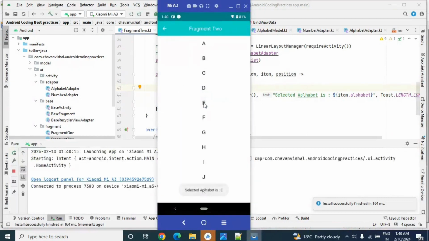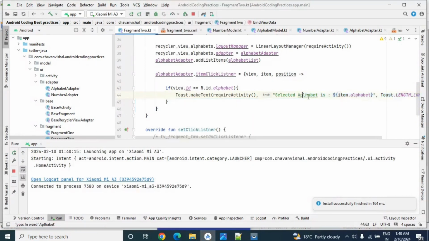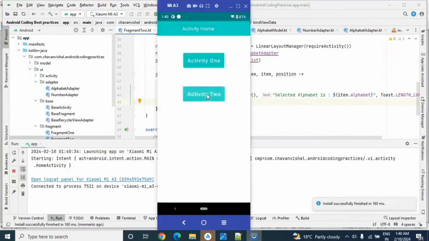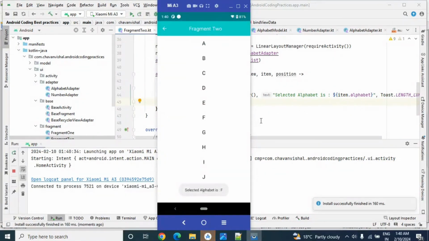Activity 2, see, selected alphabet is E. There is a spelling mistake here. Activity 2, selected alphabet is F.